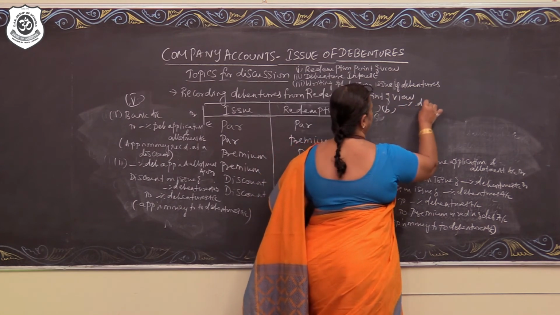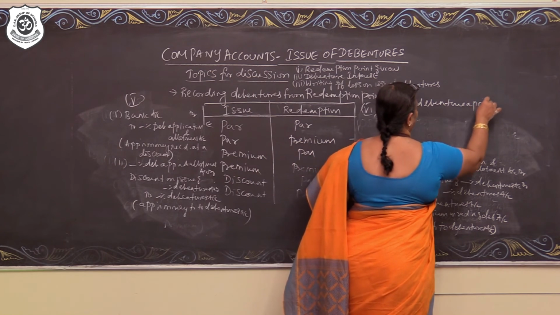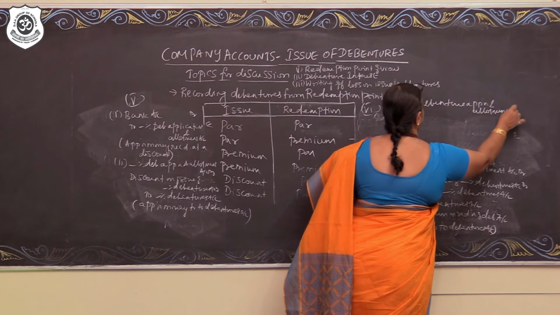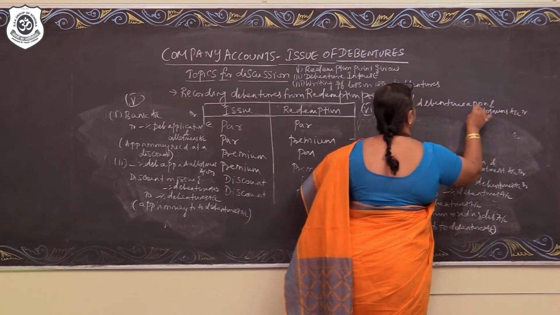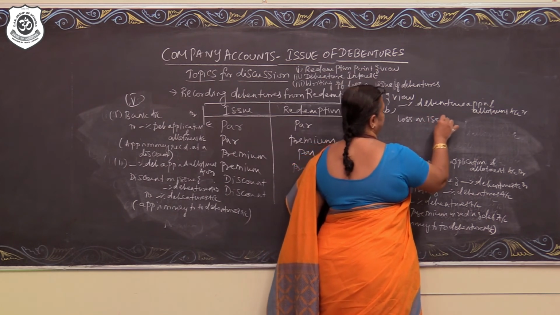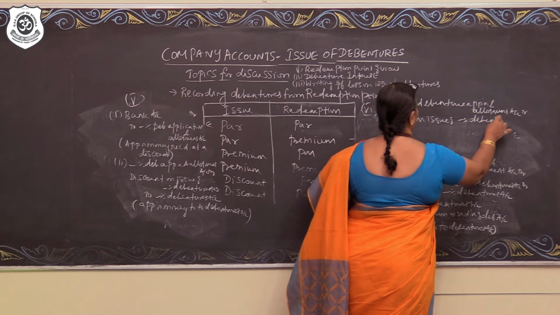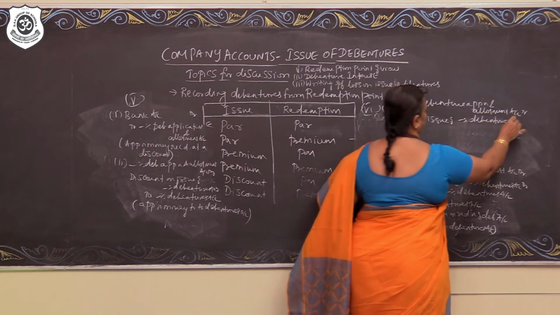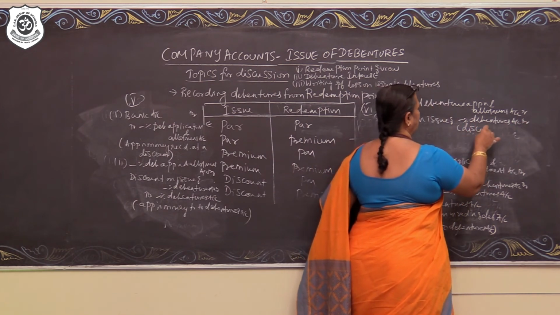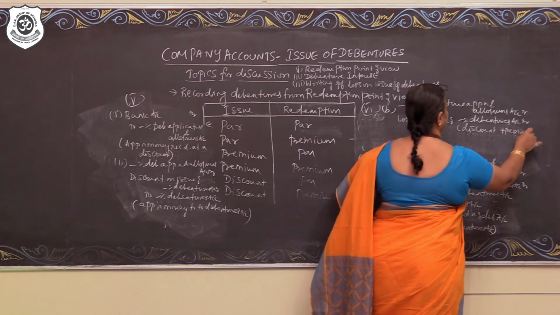Dash percent debenture application and allotment account debit, loss on issue of dash percent debentures account debit. So this will be discount on issue plus premium on redemption